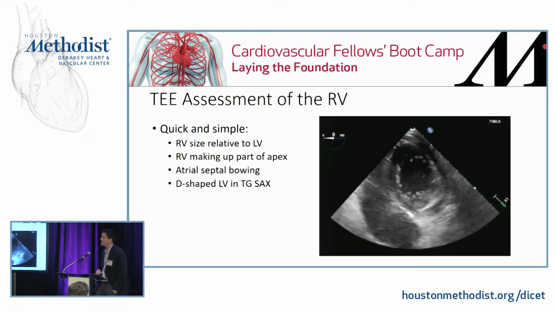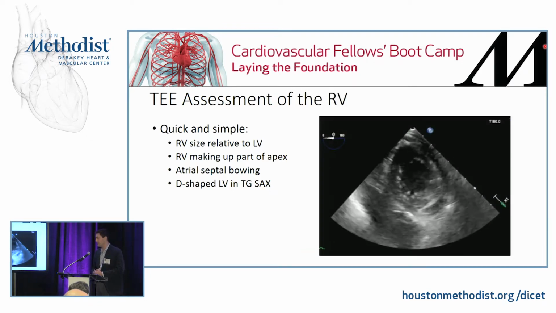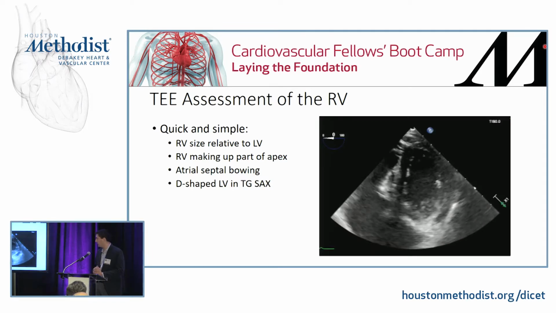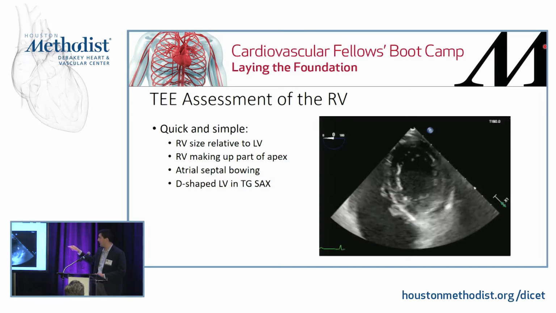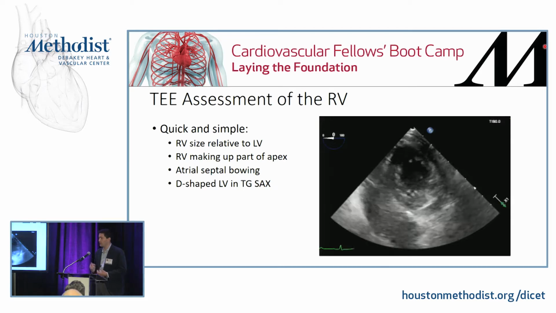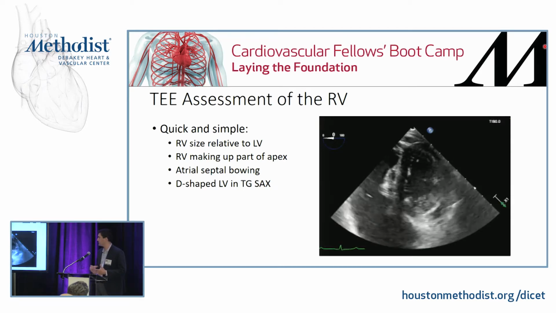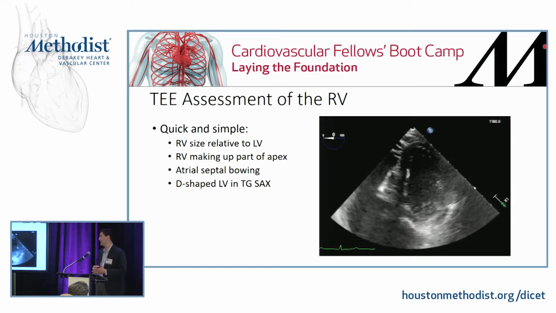Here's the last example of something quick and simple you can use to assess the RV, and this is in a transgastric short axis view. You can appreciate this is a picture of the LV mainly, but when there is pressure or volume overload of the RV, you'll start to see that the LV takes the shape of the letter D, kind of a D-shaped